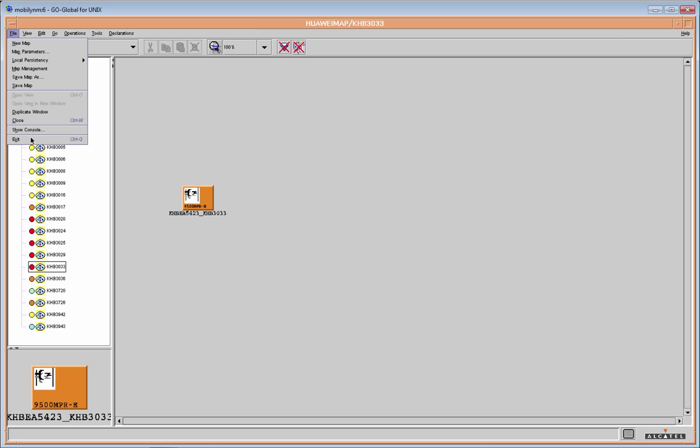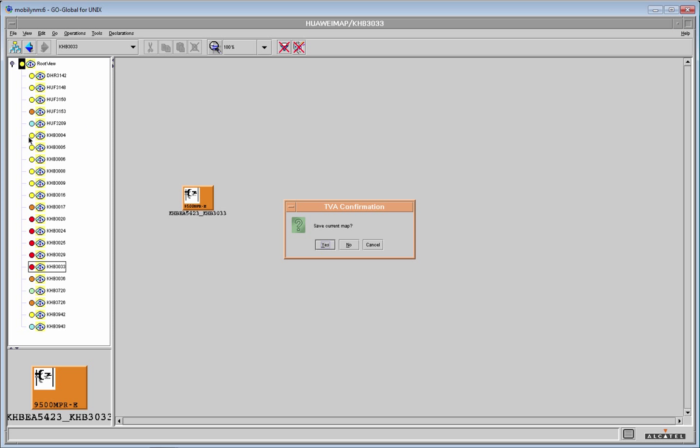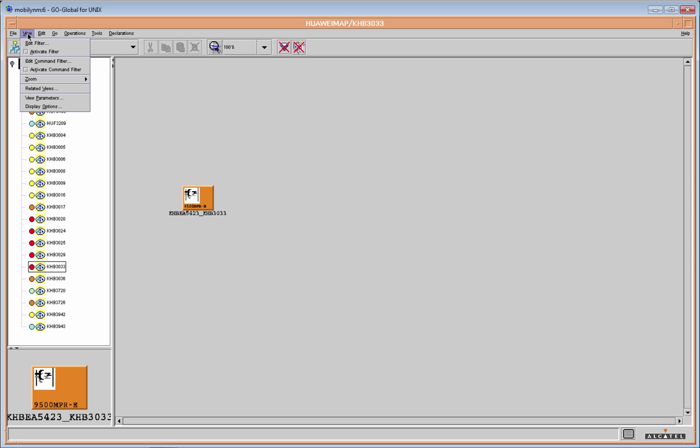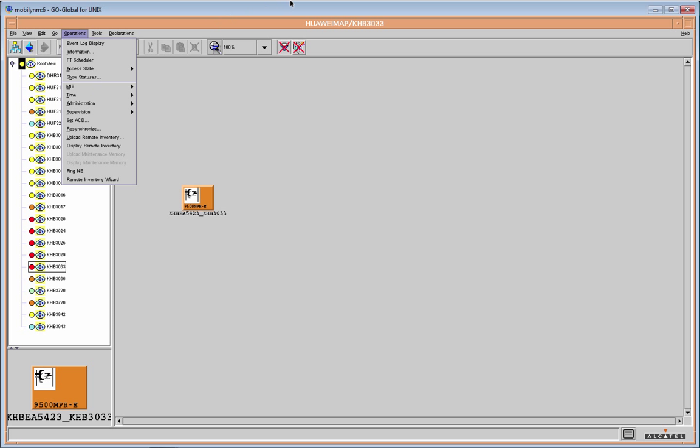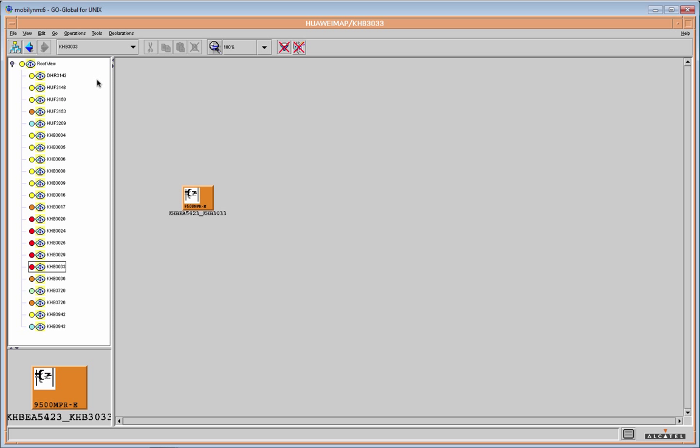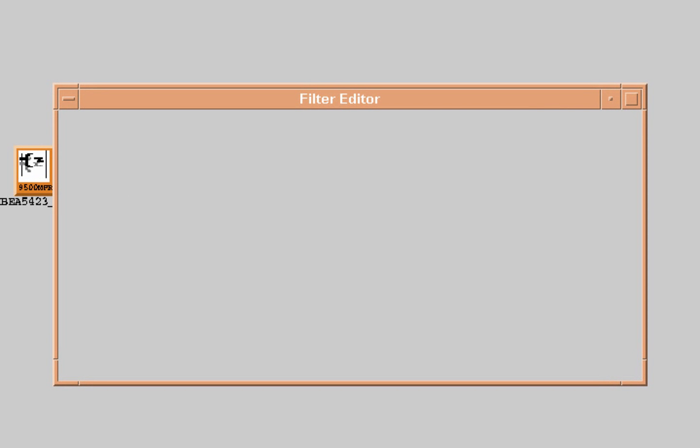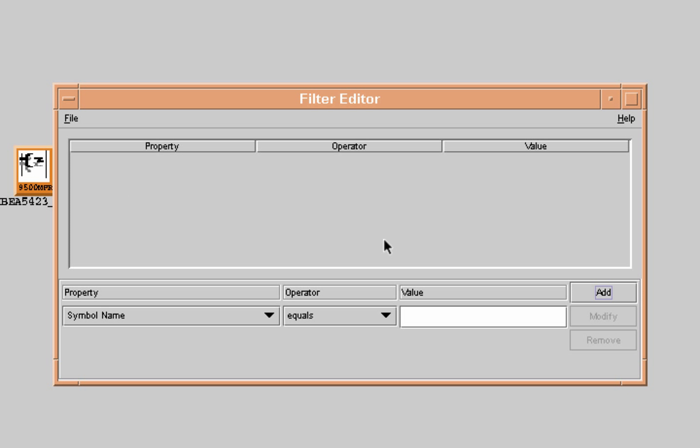Okay, you can also exit with a confirmation, exit the TVA main window with this confirmation. Now let us look at the view. Under the view, you have the edit tab. You can edit the filter by selecting